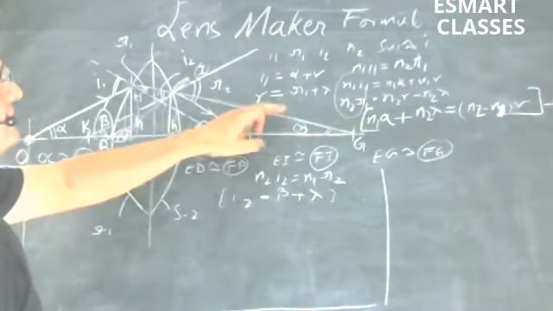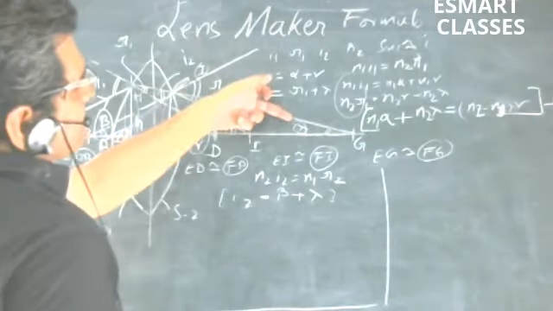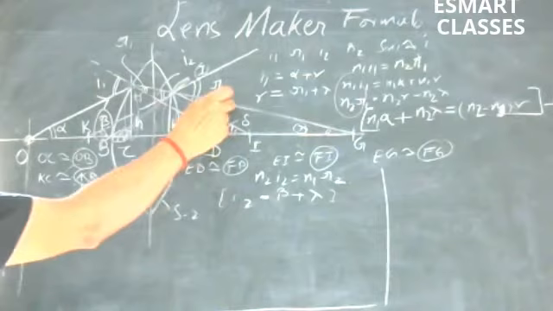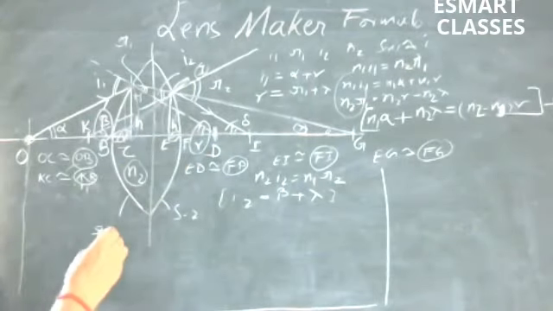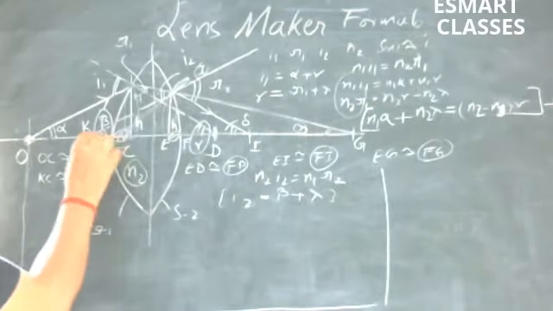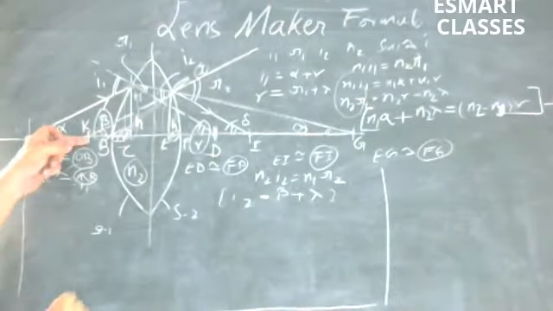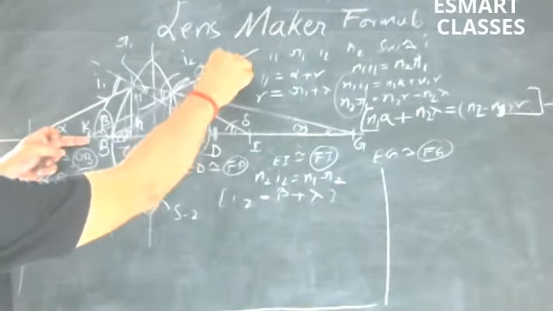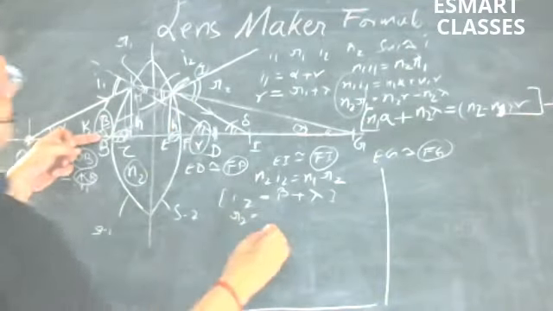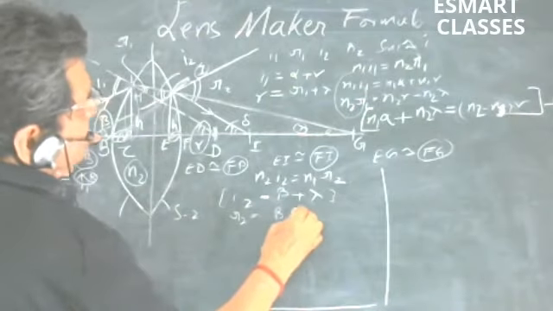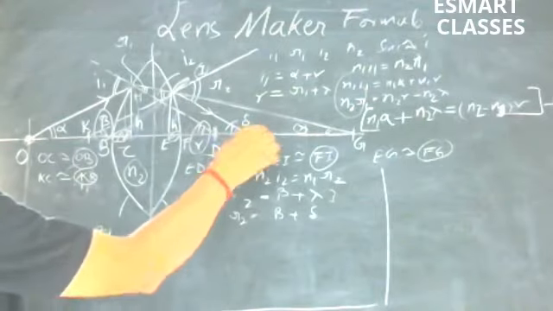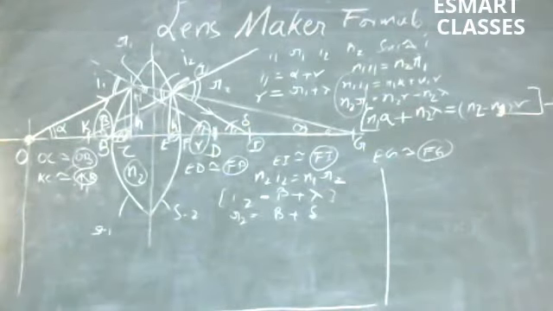Please ensure that this line is also covered, because we have to ultimately get a relationship whereby lambda is eliminated. So this intermediary ray should be covered in one of the triangles. Now take another triangle such that R2 is covered, and also you cover the angle beta also. Now R2 is the exterior angle here. R2 is equal to beta plus delta. Delta is the angle for the point where the image is being formed.